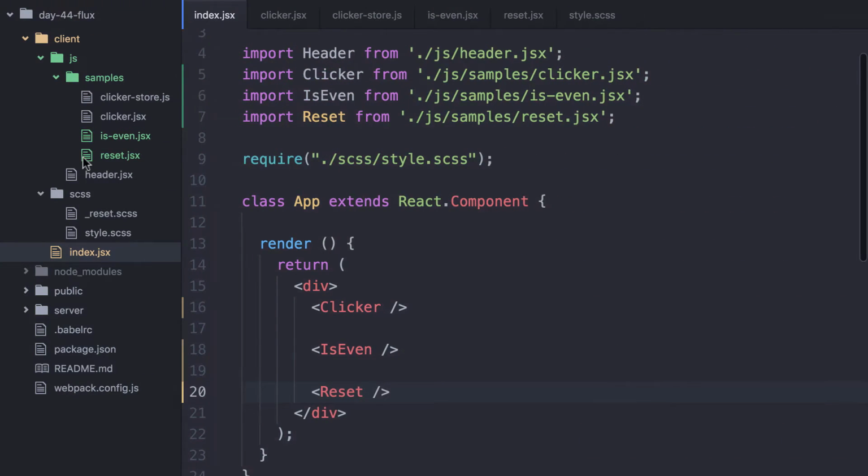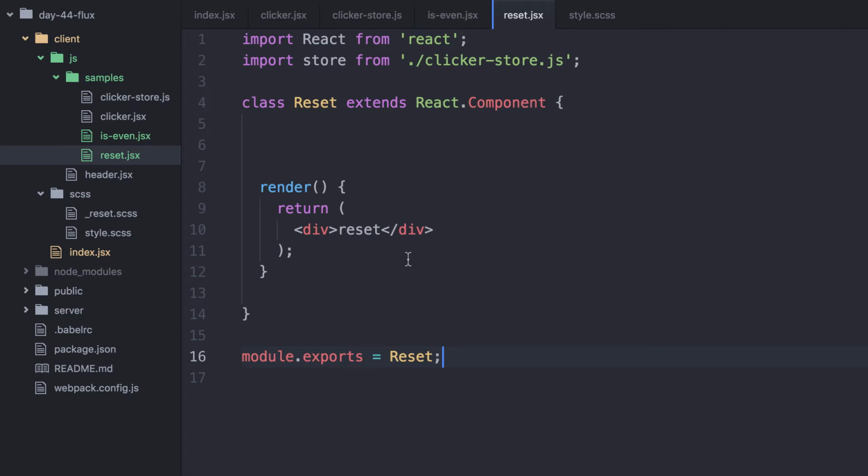Reset does nothing. So the reset button, or reset div, it doesn't actually care about initial state. And it also doesn't care if there's any updates. All it is there for is whenever you click it, it resets the state. So that means we're going to need an onClick event. So let's say onClick equals